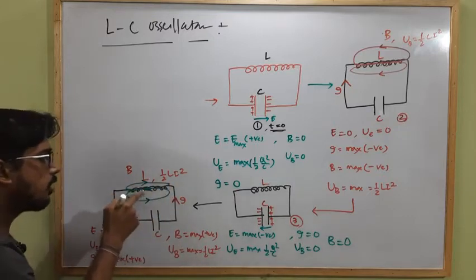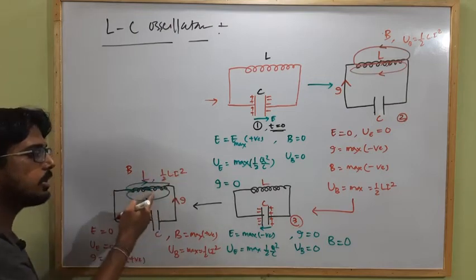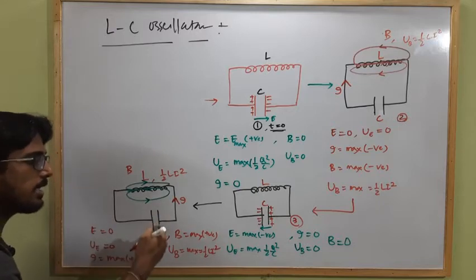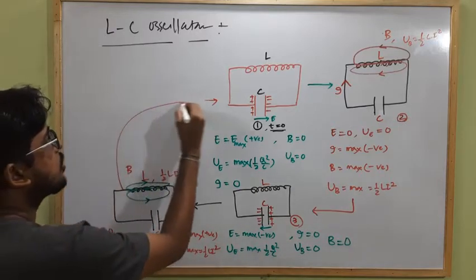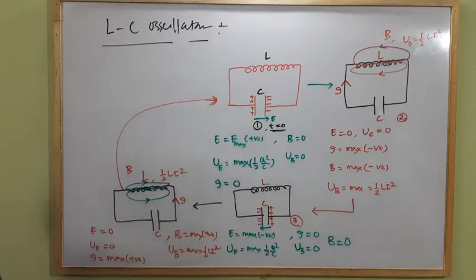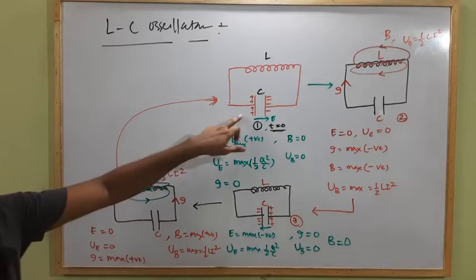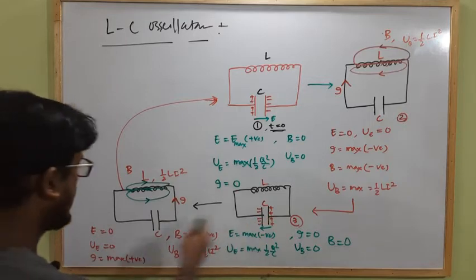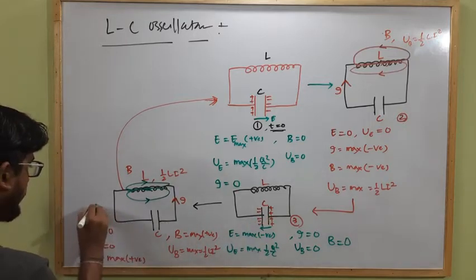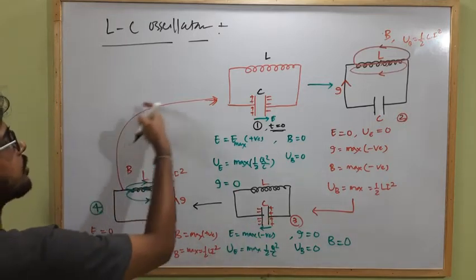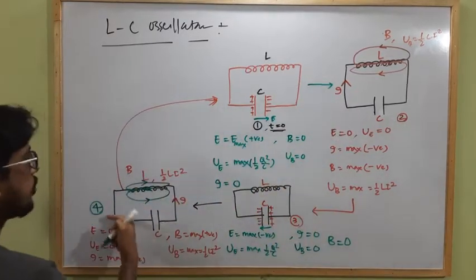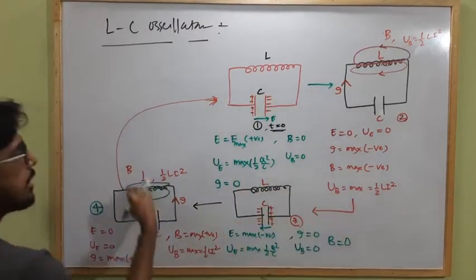That's why the inductor uses the energy stored within it to increase the current flow along this direction, for which the capacitor again gets recharged and the situation becomes like the first one, because the current will increase along this direction. That's why the capacitor gets recharged like this. So after this is 3, and this will be condition 4. After condition 4 again situation 1 comes, then 2, then 3, then 4. So this is the complete cycle and it will continue